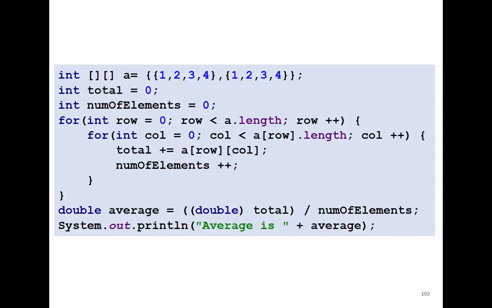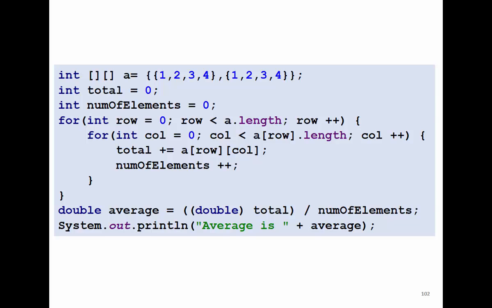what we do here, we start by visiting each row, and we ask a.length. Always a.length will return the number of rows, and then for each row we have to ask individually about the length. It happens sometimes it's symmetric, that all the rows have the same length, but we always have to ask for the length.